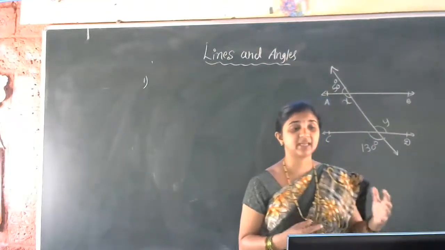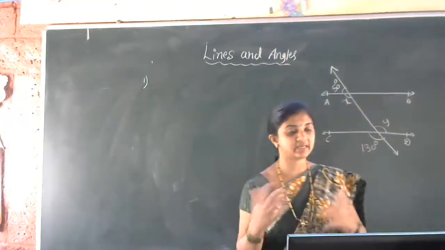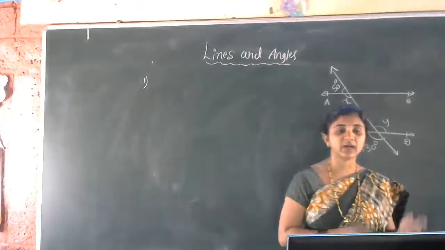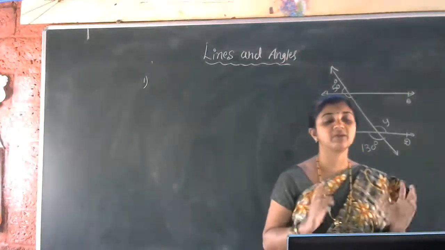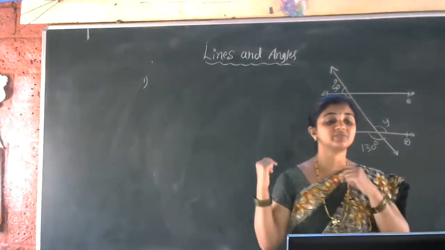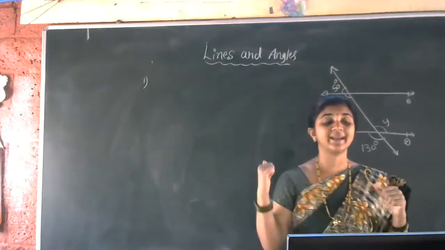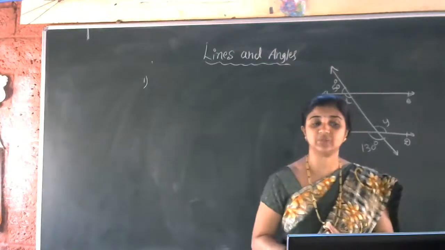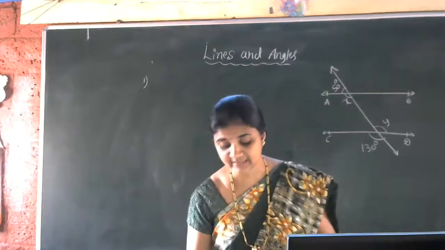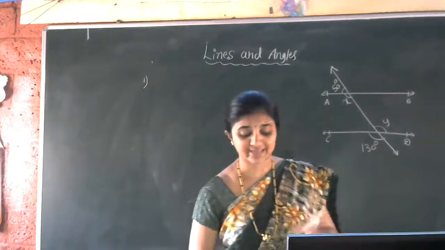Yesterday we worked out two example problems related to the parallel lines and a transversal concept also, right? So I gave one exercise as homework. I think many of the students have completed their homework. So today we are going to discuss whether your answer is right or wrong. We are going to discuss the second exercise, all the 6 problems. Shall we start the explanation of the second exercise one by one? First, we will look at the first question of the second exercise.